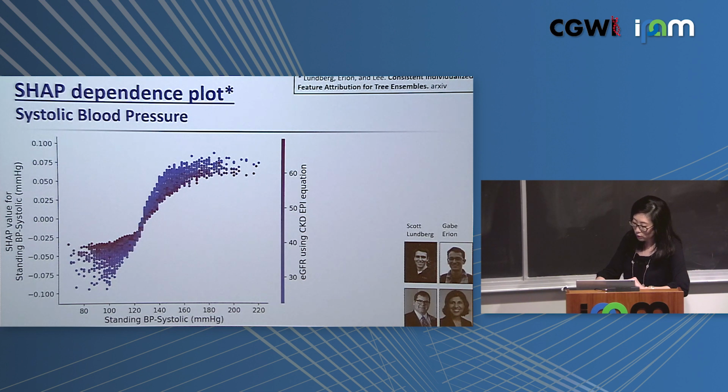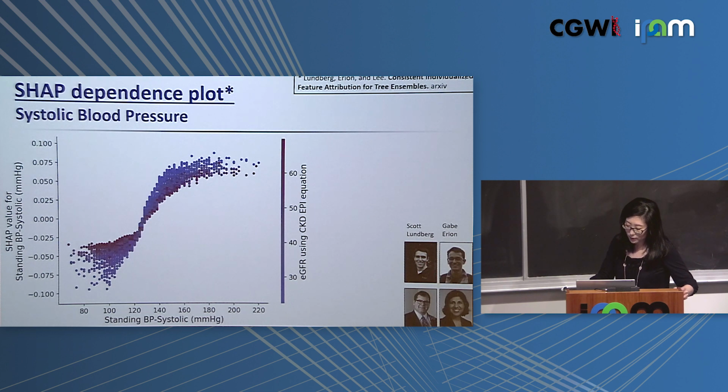So by plotting these values for many individuals, and here again each dot is an individual, we can see how the feature's attributed importance changes as its value varies on the x-axis. While the standard partial dependence plot only produces lines, SHAP dependence plots can capture vertical dispersion. What does that mean? Feature interaction. Individuals who have exactly the same feature values have a difference in their explanations of the risk, right? So it captures the feature interactions,